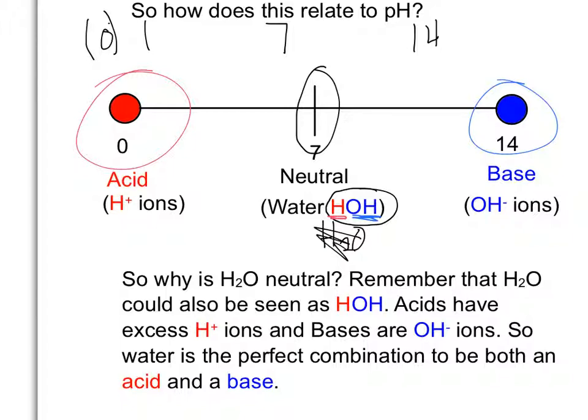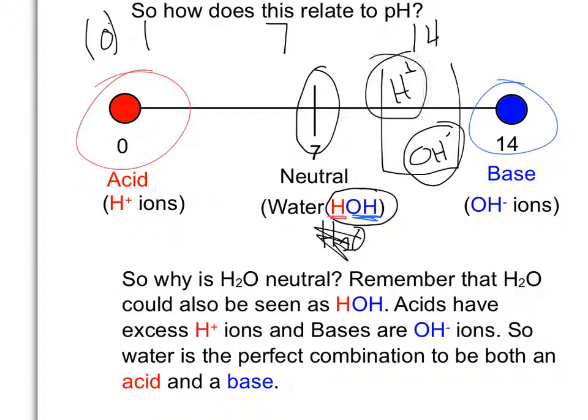So water realistically is always kind of breaking apart or dissociating in a beaker as hydrogen ions and hydroxide ions. But a lot of those will then form back together to create water, and then they'll break apart into hydrogen ions and hydroxide ions, and you just kind of always have this mix. So even in a glass of pure water, realistically you have some hydroxides in there, you have some hydrogen ions in there, and you probably have some of the H3O ions in there as well. But for the most part, when you average it out, you're going to have your plain water in that beaker